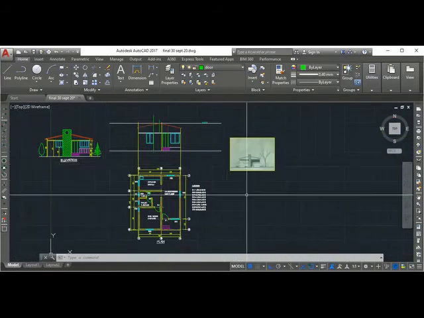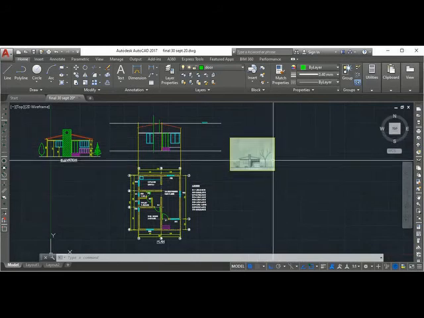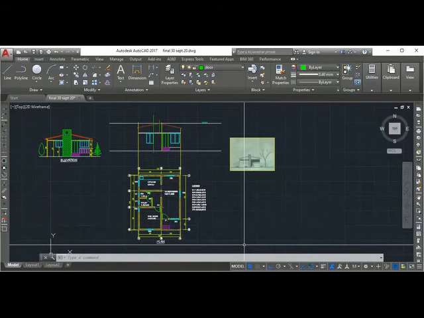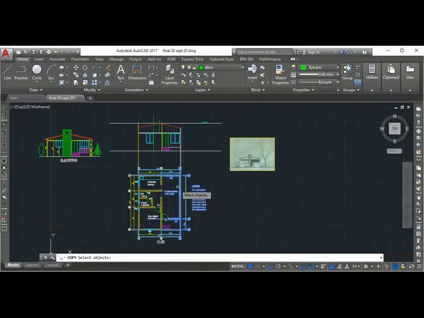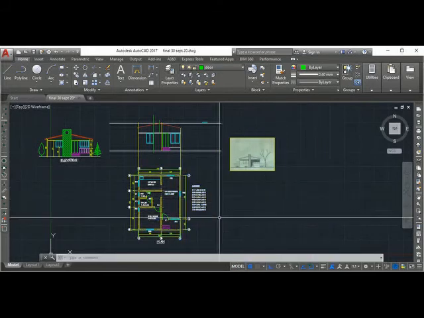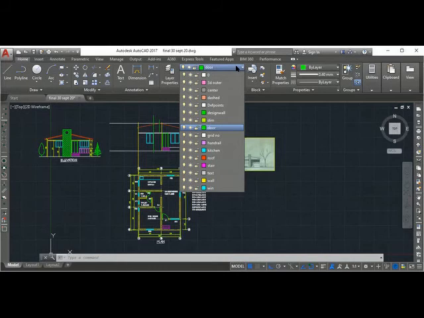So this is how you do the elevation. Suppose you want to do the right side elevation. What you do is just take a copy of this. When you want to do elevation, you don't require the dimension. So first of all, you freeze that dimension. Text and dimension you don't require.